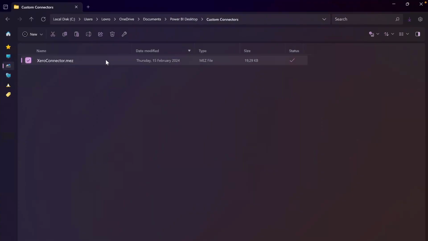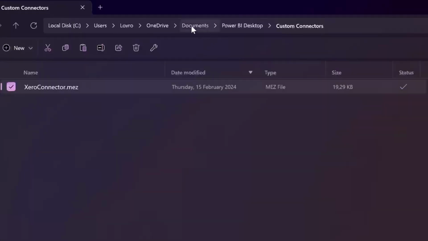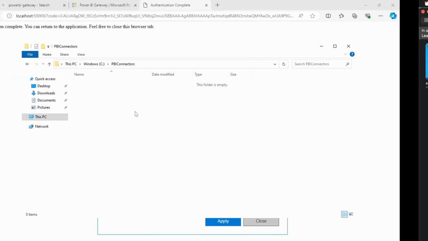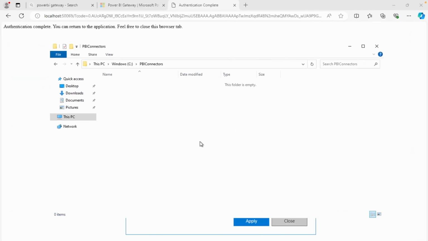So I'll just go to my Windows computer. In the original tutorial, we've created this .mez file or downloaded it from the GitHub. And I have it under Documents, Power BI Desktop, and Custom Connectors. And this is probably where you have it as well. So just find it and Control-C it, just copy it, and then go to a Remote Desktop and just paste